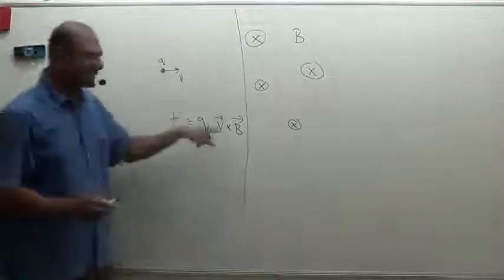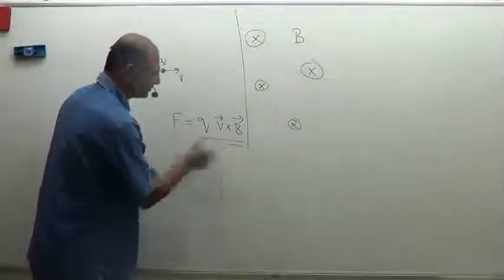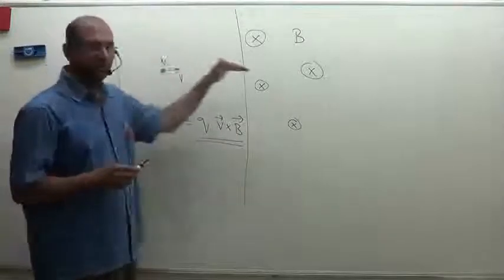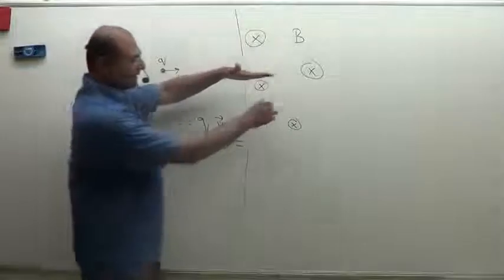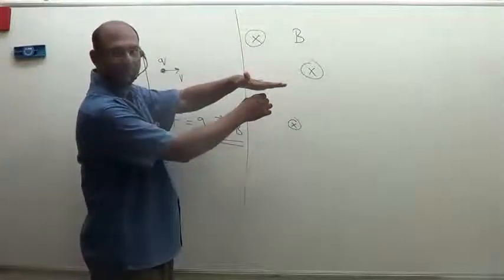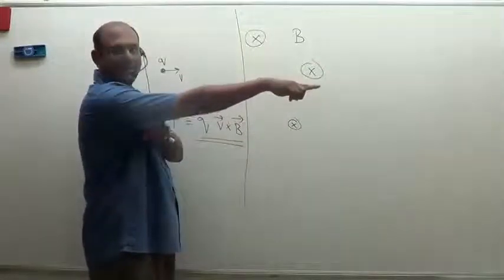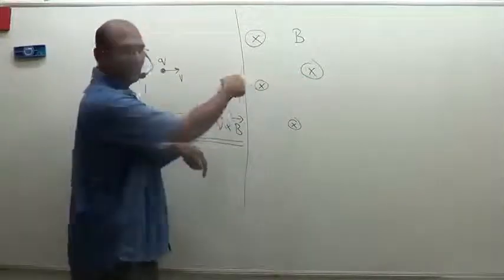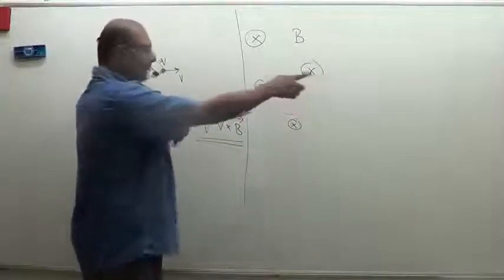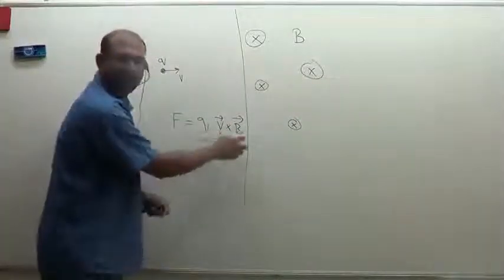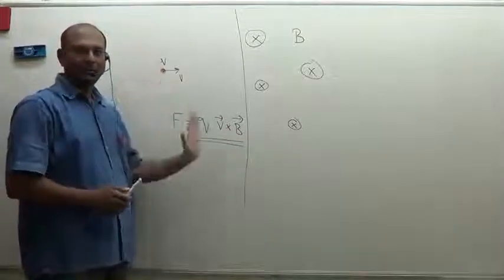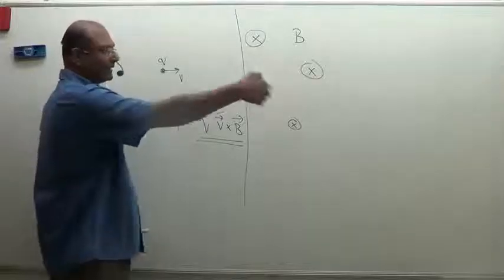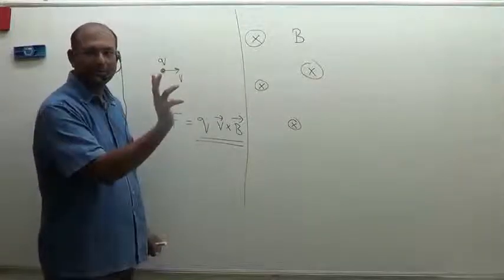Okay. So now let us understand what this force is going to be. Obviously this force is a vector. This velocity is going in and the magnetic field is pointing that way. So in this case, the velocity is this way and the magnetic field is that way, right? The magnetic field is going in. So from the velocity to the magnetic field, V cross B. That means from the velocity to the magnetic field, you have to move your hand, use your right hand, velocity to magnetic field. Come on, try it out and tell me what is going to happen.